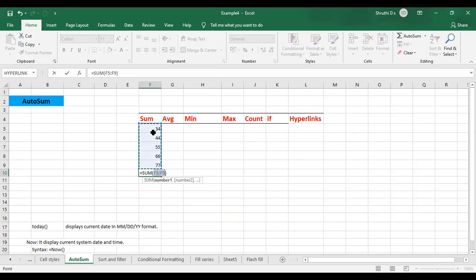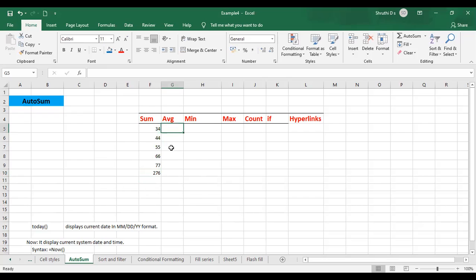It is trying to add all the numbers from the column. You're not going to do anything. Just click on this auto sum option. It is going to select the column and it is asking you whether only this data I need to add. Just select enter. It is going to show you the sum of all the numbers here.